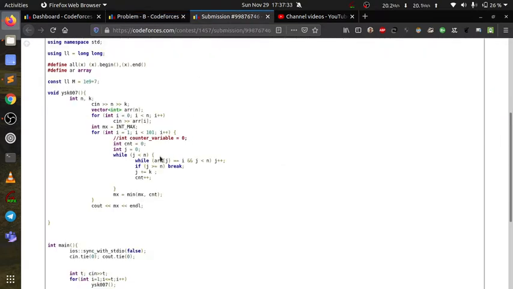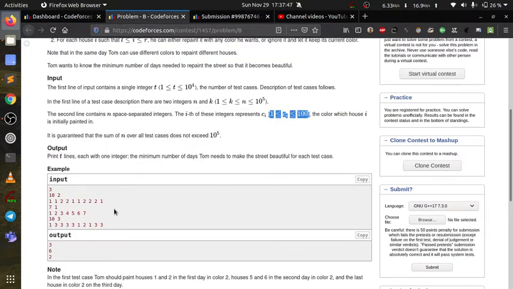So I am traversing through the whole array. Suppose I am going through this array and I want to color with 3, and it is already 3, then I will proceed further. I will not color it.